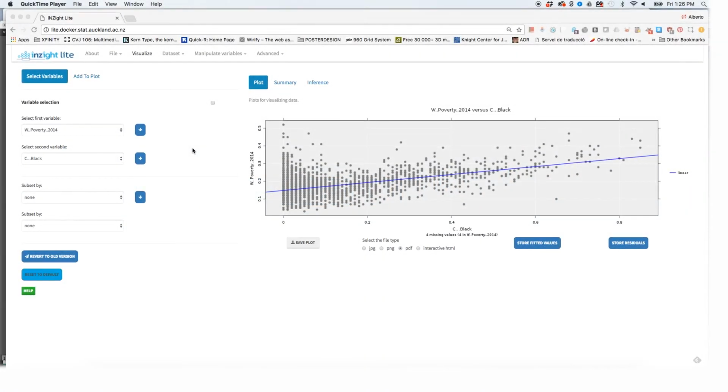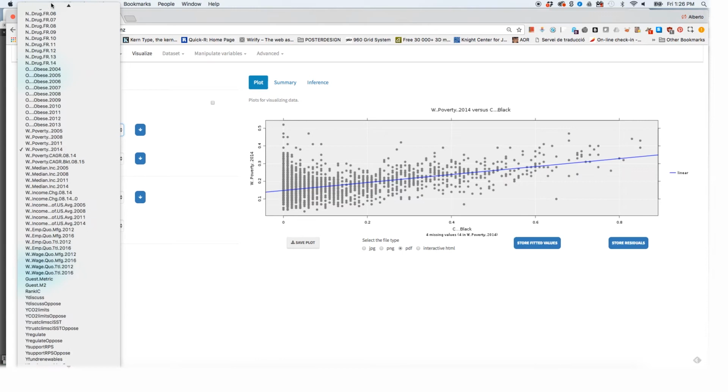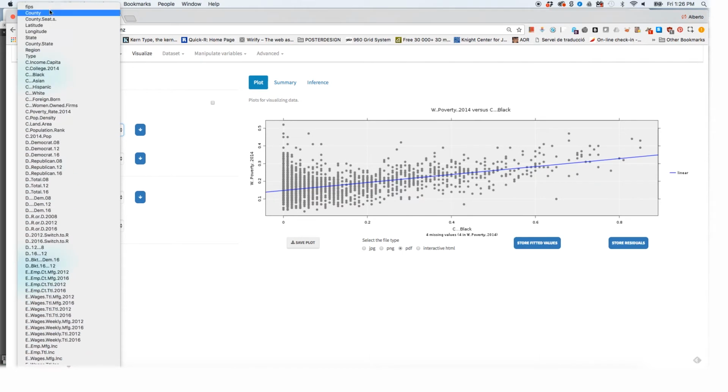In this video, I'm going to show you a neat little trick. All right, let's trick the software into doing something that it is not prepared to do. I'm going to go again to the variables over here, but instead of poverty, percentage of African Americans or Hispanics or Asians or whatever, I'm going to open the first variable and select longitude.